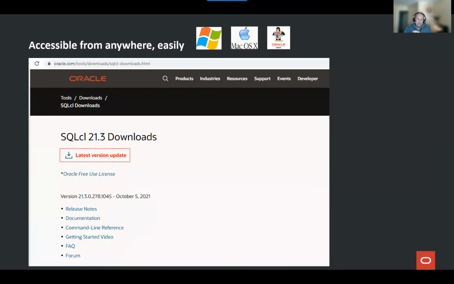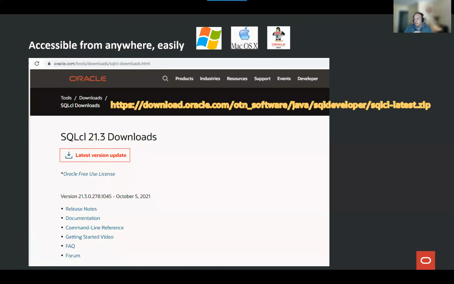We made a recent change in the license and distribution for SQLcl. This is called the Oracle Free Use License, or FUTC. I think what it means at the end of the day is you don't have to have an Oracle single sign-on, and you don't have to click through any agreements. You can literally bookmark this URL and pull it down however you want, whenever you want, from wherever you want,